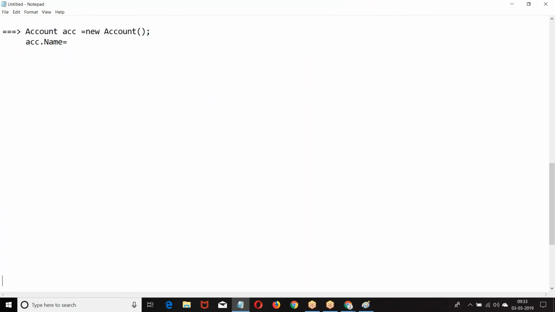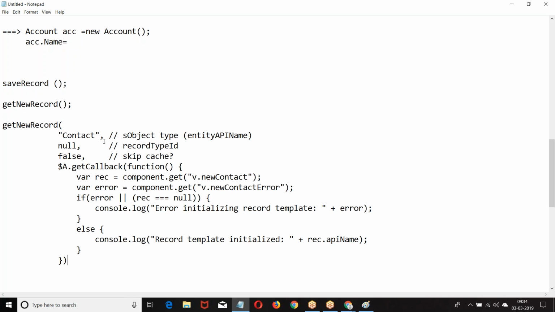Right now what we are doing is save record. This is the functionality we are doing. Now get new record is the next function. I am not trying to refer to the existing record. I was trying to create a new record. If you are trying to create a new record, the functionality we have is